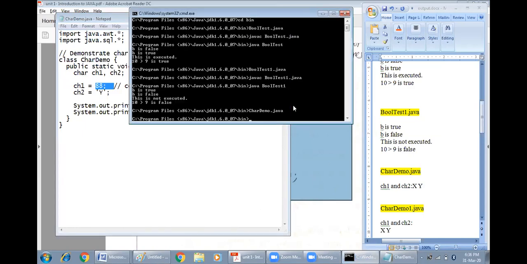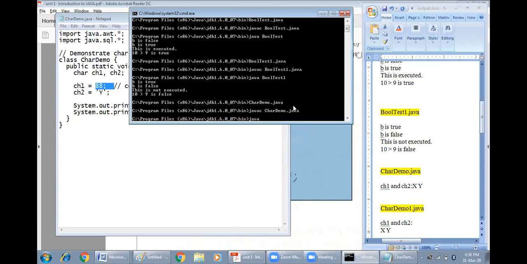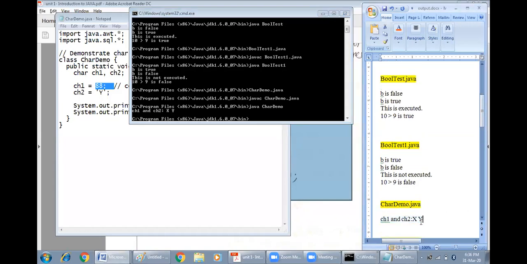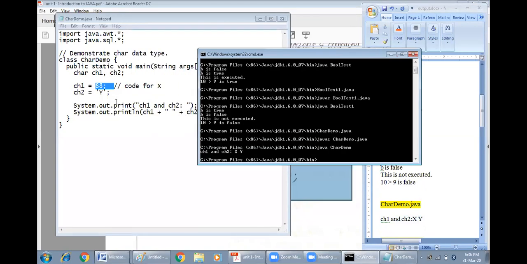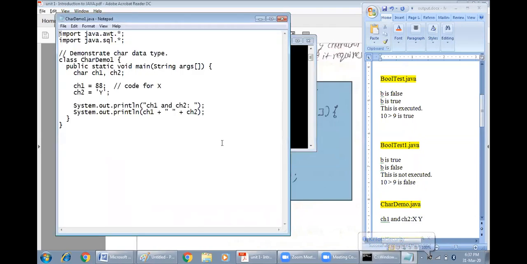What I'll do is simply compile CharacterDemo with the compiler, and run it with the interpreter. ch1 and ch2, and we get x and y as the output. Now for differentiating between print and println, I have taken one more program, CharacterDemo1.java.